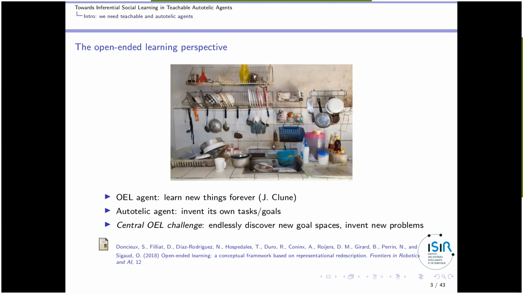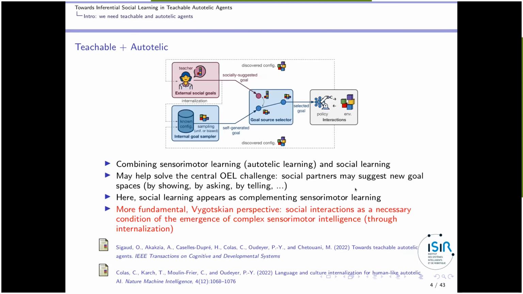And that's very challenging. If you think of it, even ourselves, if we are stuck in a room for 3 days, after some time we stop inventing new goals. We just don't know what to do. Okay, so we need some external solicitation or some strong mind to keep inventing new goals and keep busy with doing things if we are not solicited by our environment. Okay, so it's not easy to design agents that will learn new things forever.